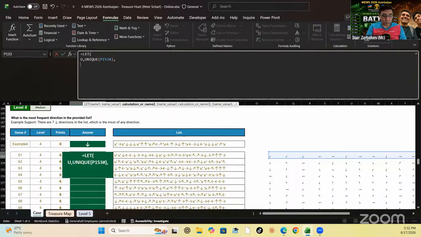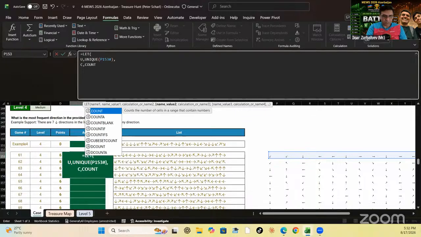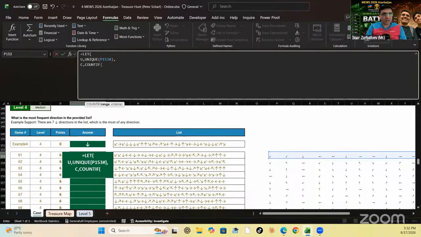Then I'm going to define my name, like C for COUNTIF, and also I'm going to select this one, slash, and my criteria is going to be unique values, comma,